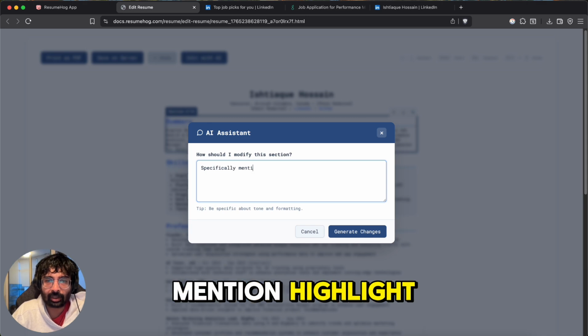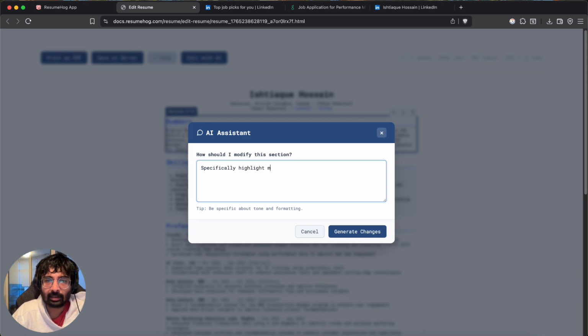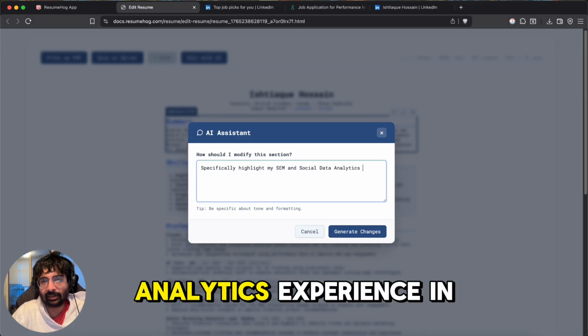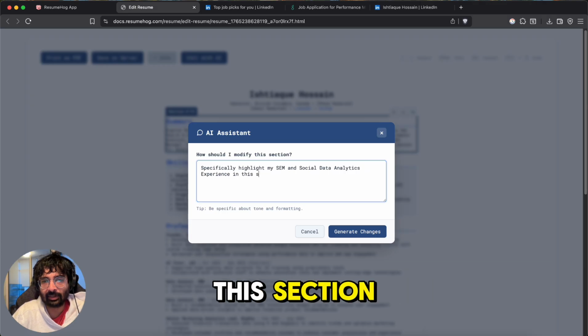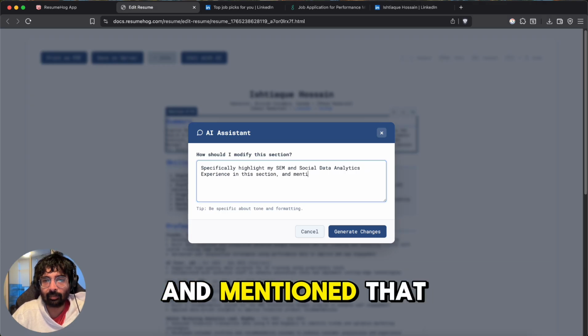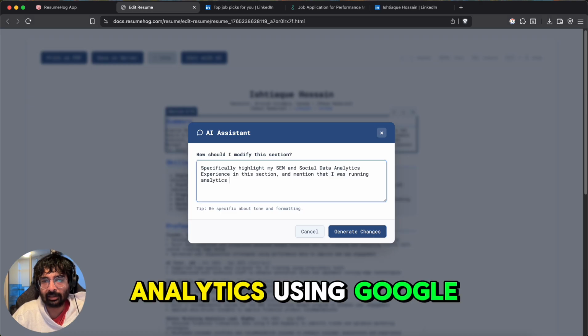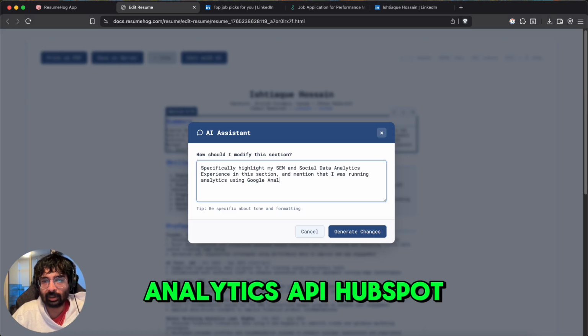Specifically mention and highlight my SEM and social data analytics experience in this section, and mention that I was running analytics using Google Analytics API,